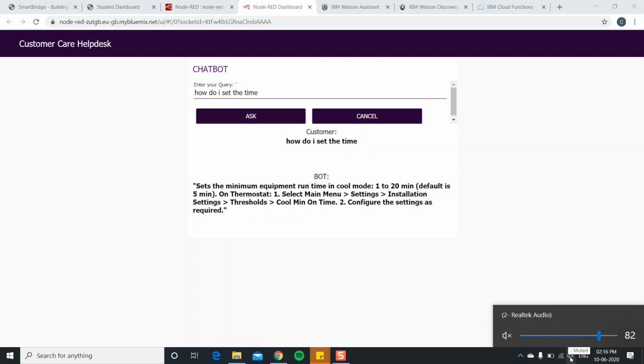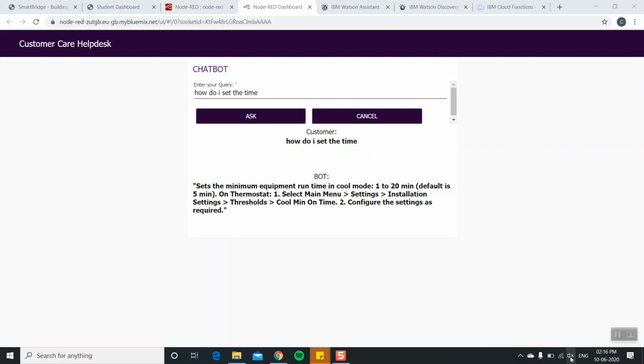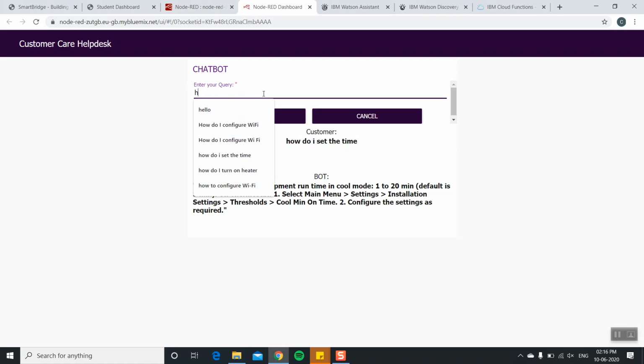On thermostat, let's select main menu, settings, installation settings. So in this way, our chatbot will respond to us with answers related to the product information or product-based questions and some general questions also.